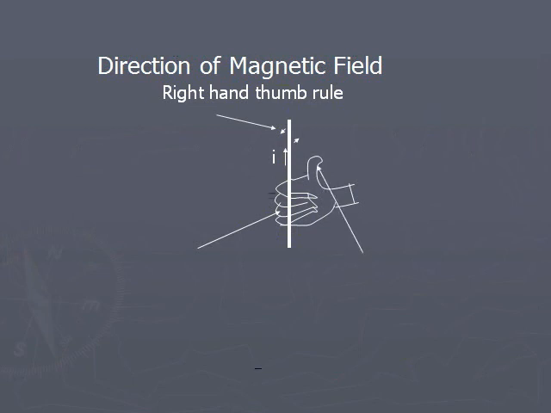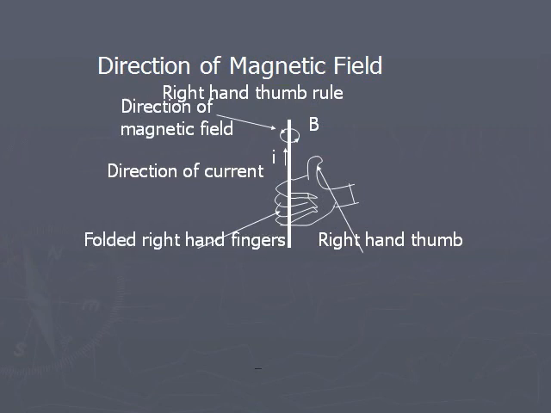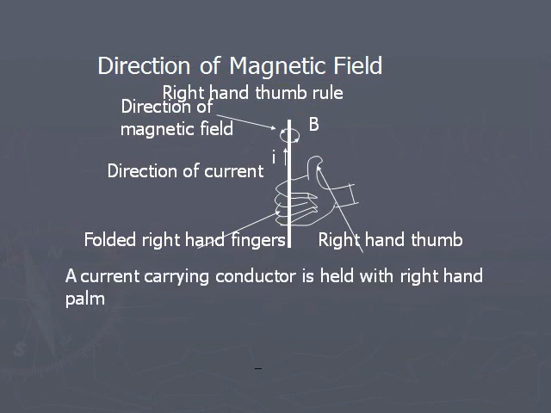Now imagine that this conductor is held with the right hand. Hold the conductor with the fingers of right hand and stretch the thumb. See that the thumb is in the direction of current. Placing the thumb in the direction of the current, hold the conductor with your fingers. Then to hold the conductor, you have to rotate the fingers onto the palm. The direction in which the fingers are rotated indicates the direction of magnetic field.